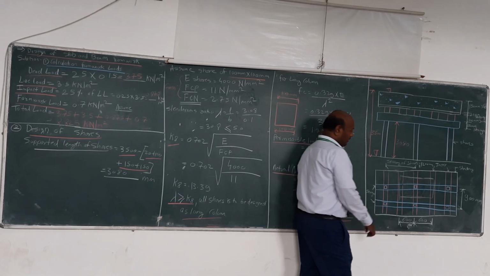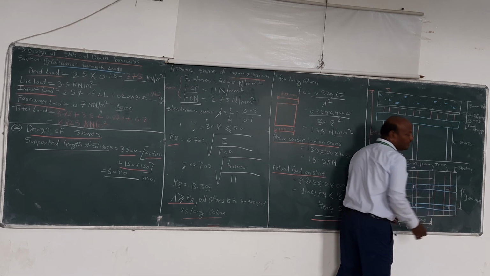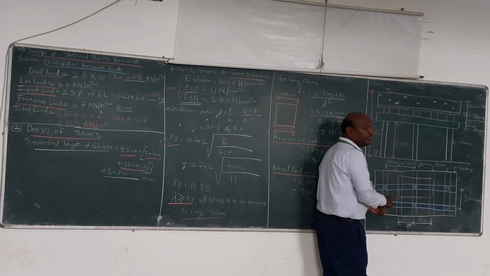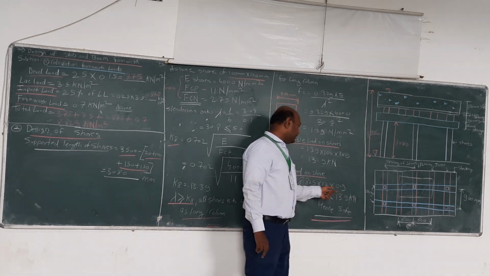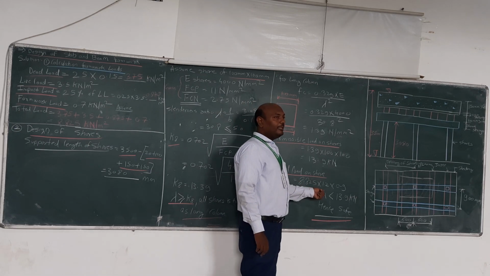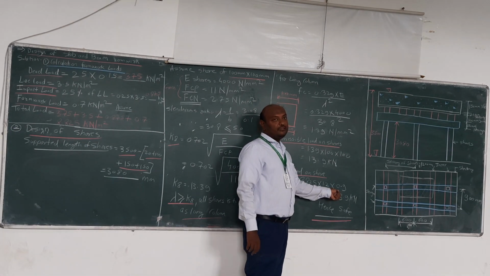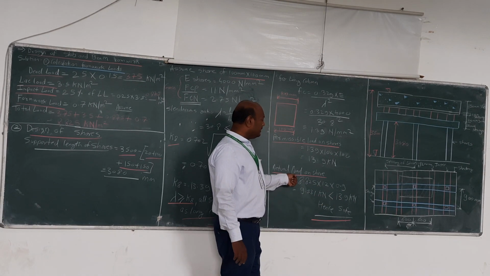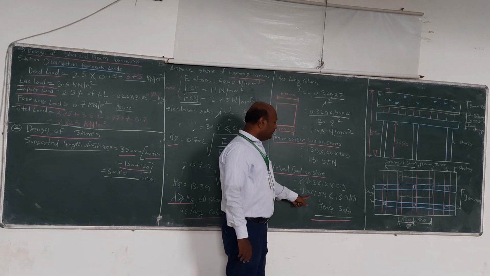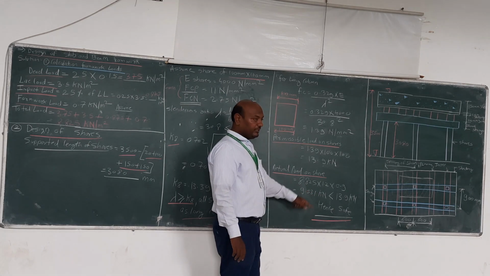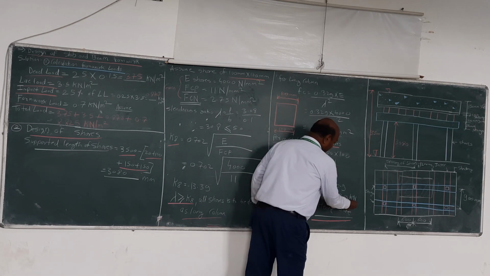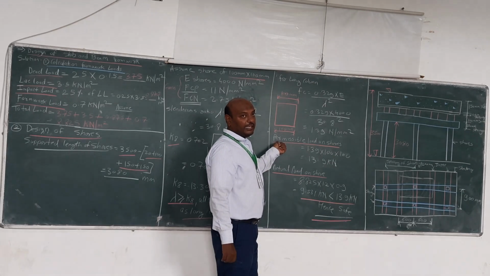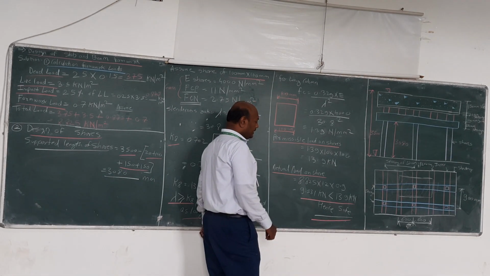Similarly for the stranger. What is the center to center spacing of the stranger? It is 0.9. So half distance from this side and half distance from this side, that is 0.9. So this is the total load multiplied by the length and width, that is half portion on both sides, horizontal as well as vertical side. Okay. So how much is the actual load which is coming on the shore? 9.531 kilonewton, which is less than 13.9 kilonewton. So the actual load on the shore is less than the permissible load. Actual load is less than the permissible load, hence it is safe.